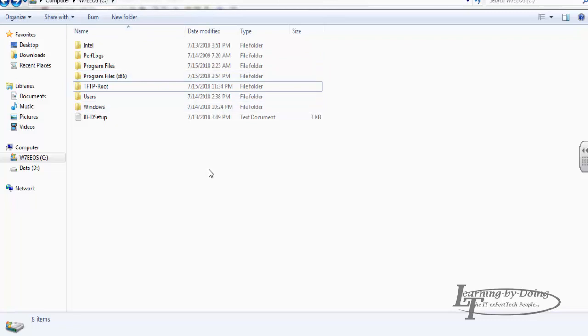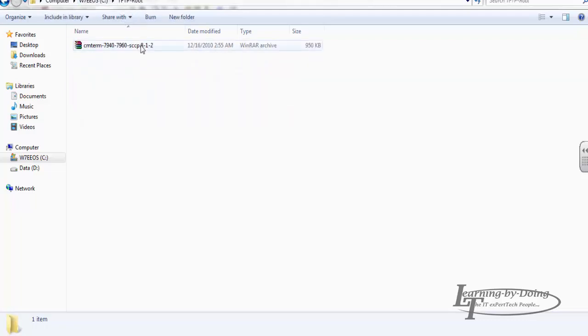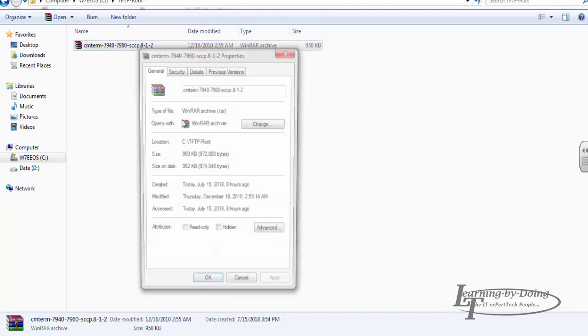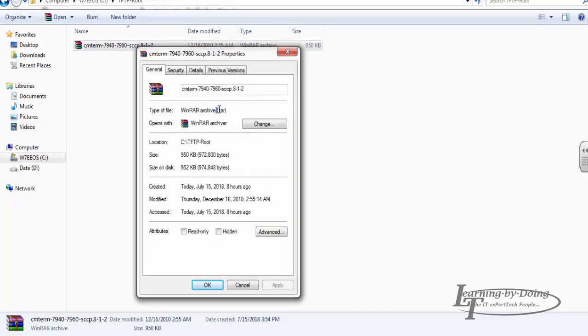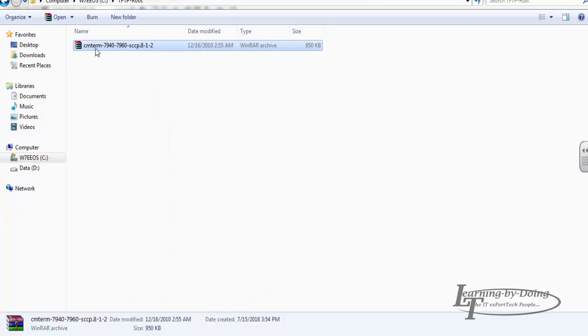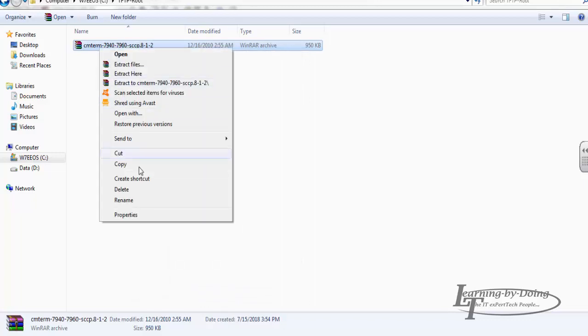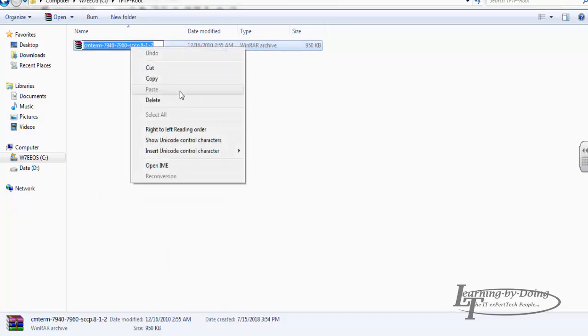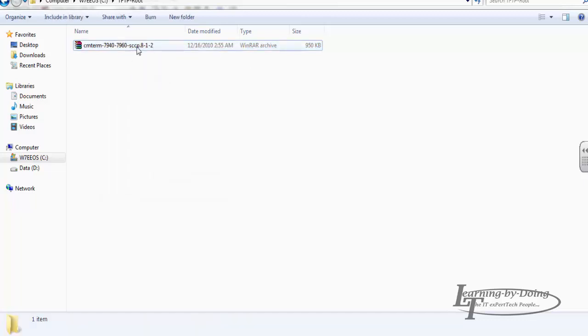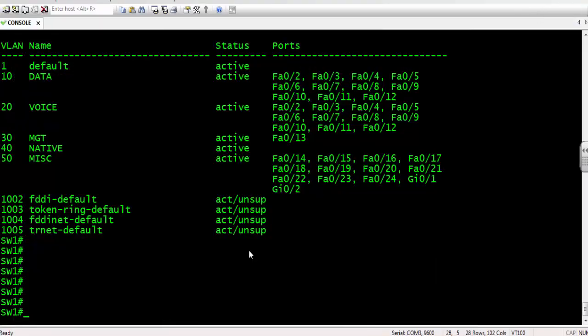When we install the SolarWinds TFTP server, it automatically creates a TFTP folder inside of this C drive. Okay, so what we're going to do is right click and click properties to see this is a TAR file. Then right click again, click rename, copy the file name, and go to this